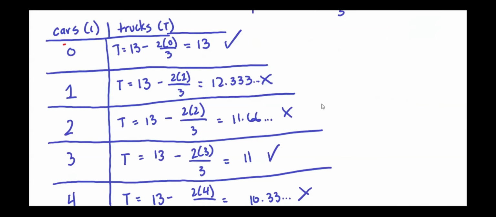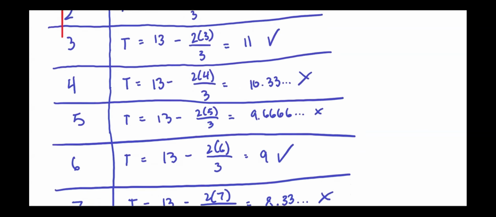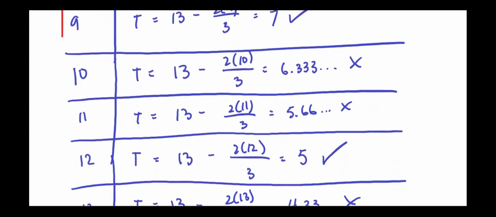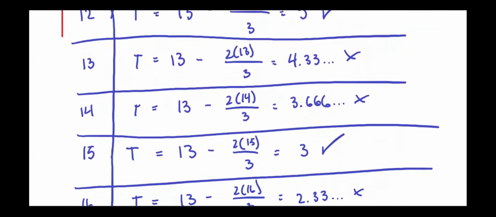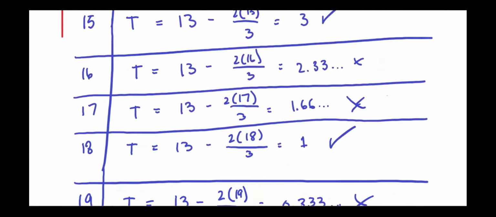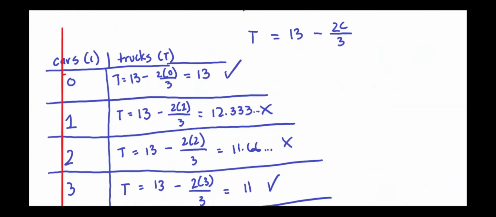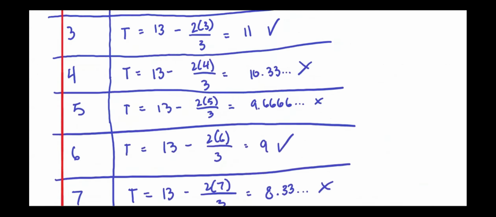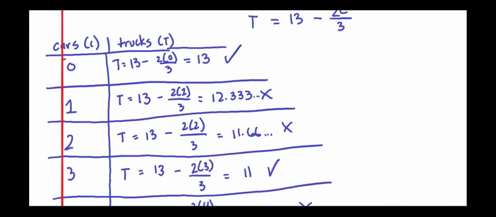So, well, my pen decided to just stop working. Sorry about that. But thankfully, it's the end of the video. So looking back at my results, I had 0 cars and 13 trucks. That worked. The next solution was 3 cars and 11 trucks. That worked. We have 6 cars and 9 trucks, 9 cars and 7 trucks, 12 cars and 5 trucks, 15 cars, 3 trucks, and finally 18 cars and 1 truck. And you'll notice, hopefully anyways, that if we list out just the correct answers, which I would encourage you to do,